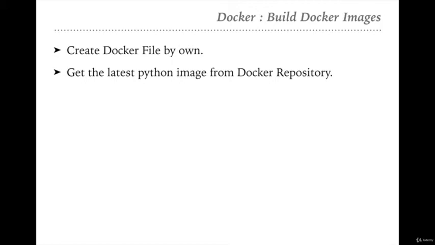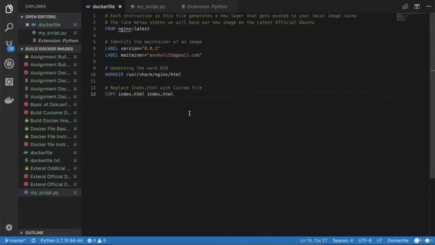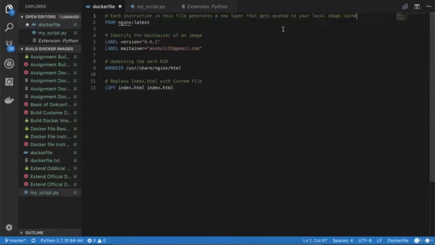For this, we will go to our Visual Studio Code editor. This is the Dockerfile which we created in some previous lectures. If you want, you can create a new one or edit this file as well. Very first, I will remove this comment, as it may mislead many of you. We need to get the latest image of Python. So in the FROM line, I will replace nginx with python. Now I'm getting the latest image of Python.